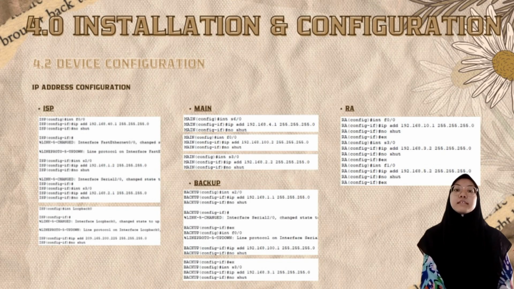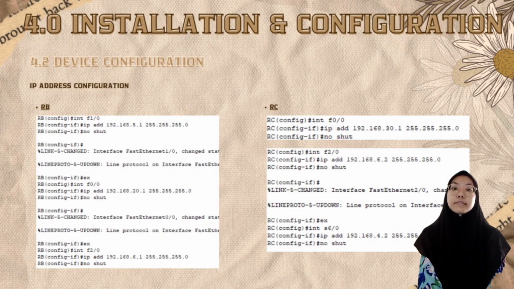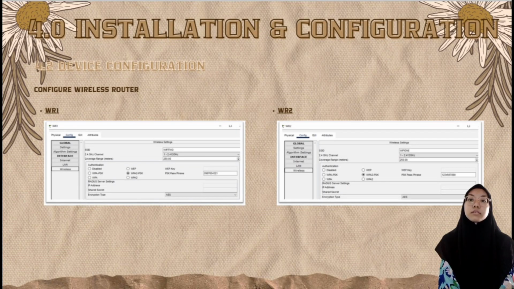Next is IP address configuration at each serial port at the router. This is the configuration that we do at the ISP, main, backup, RA, RP, and RC. And next is configuring the wireless router at WR1, and this is for WR2.